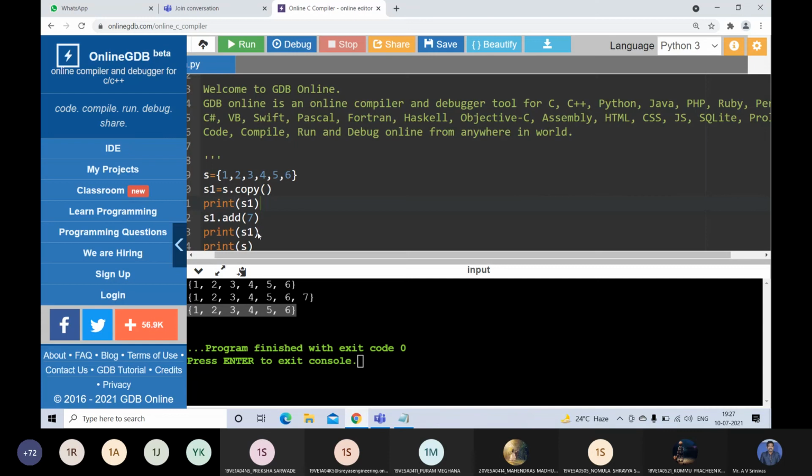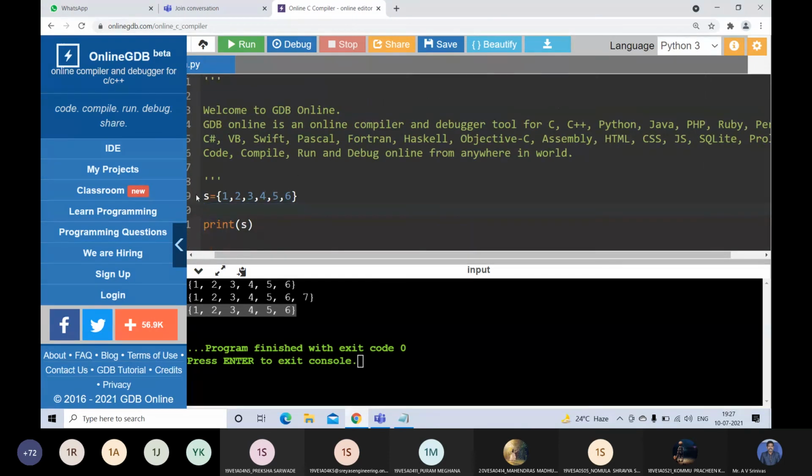For example, here S = 1, 2, 3, 4, 5, 6, and S1 = 7, 8, 9, 10. Now I am writing S.isdisjoint(S1).